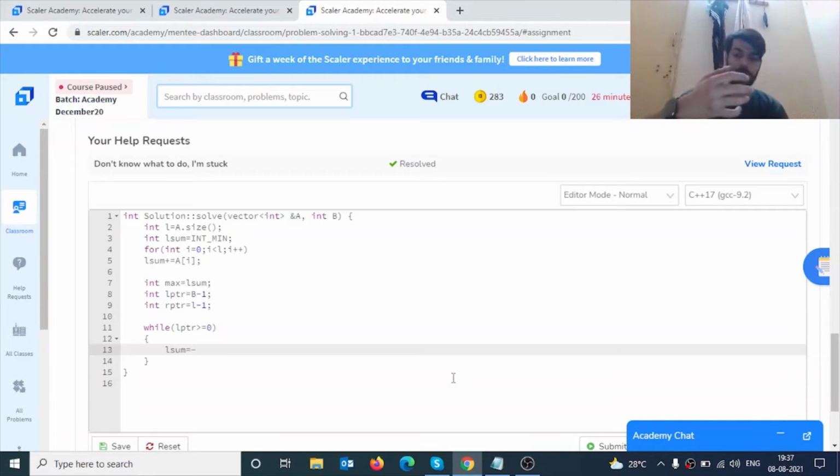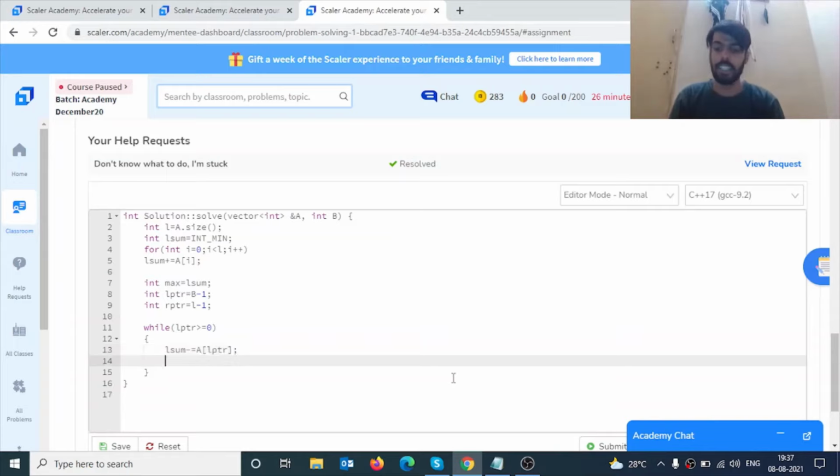We will subtract one element of the left side and add one element from the right-hand side. So we will subtract a[lptr] and then add a[rptr], L sum plus equal to a[rptr].